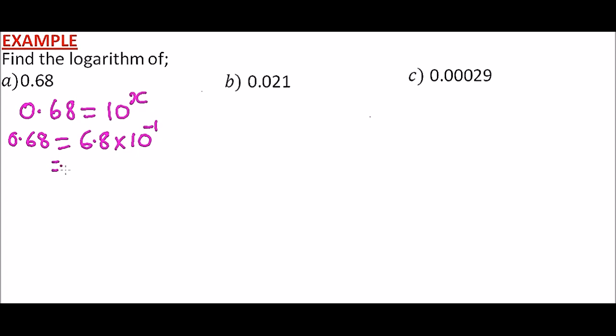So using now the logarithm tables, this 6.8 is the same as 10 to power 0.8325 multiply by 10 to power minus 1. So we add, we get, this is 10 to power, when you add, you get bar